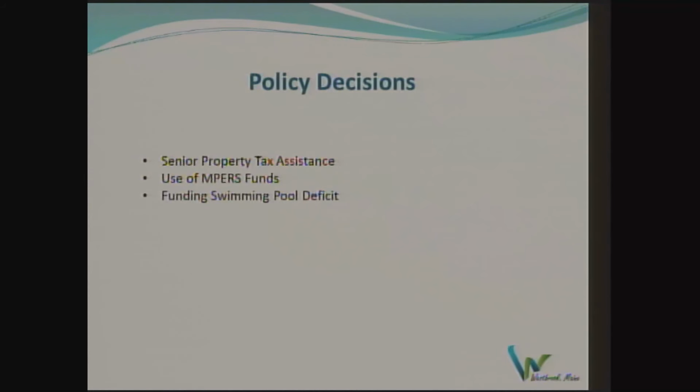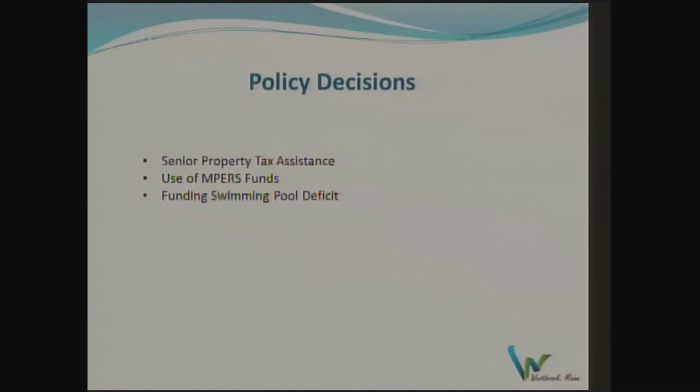A couple policy decisions that the council is going to have to make, along with some financial decisions in the budget review. The first, of course, is the introduction of the Senior Property Tax Assistance Program. We found more and more of our neighboring communities have adopted programs. We have tried to learn from their experience. We've modeled our proposal after what many of our neighbors are doing. It basically adds to and complements an existing program at the state level, so it minimizes both the application process for the individual and also the administration costs of the city to operate this program.